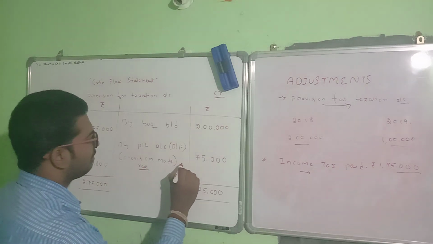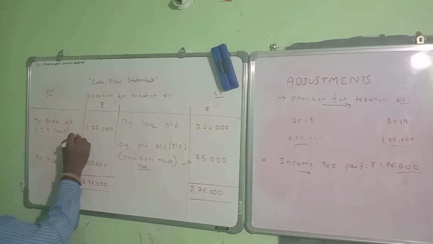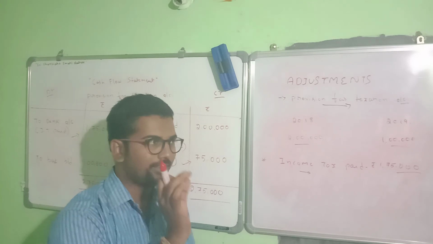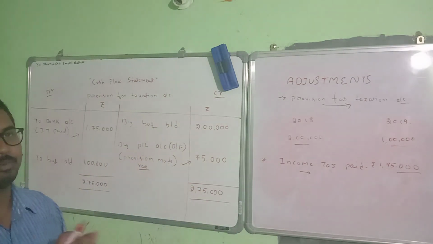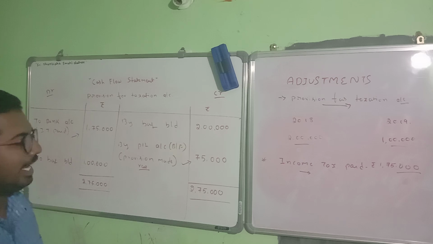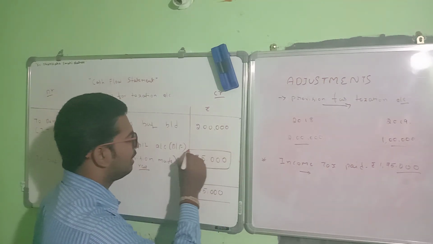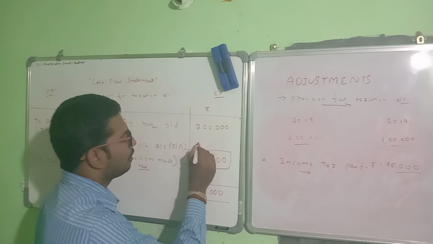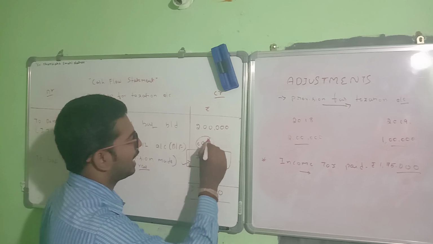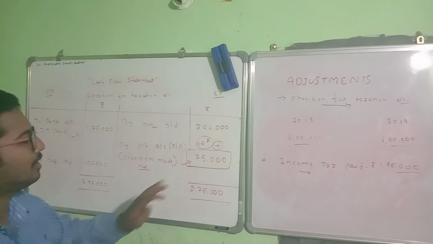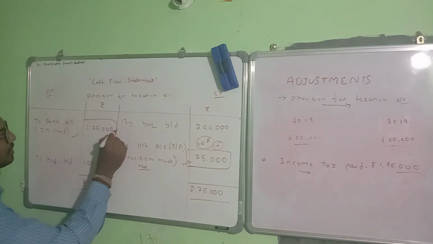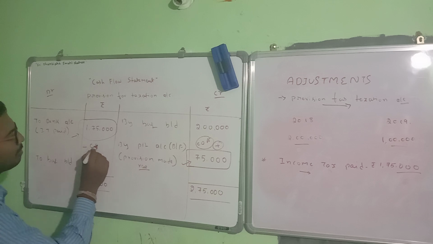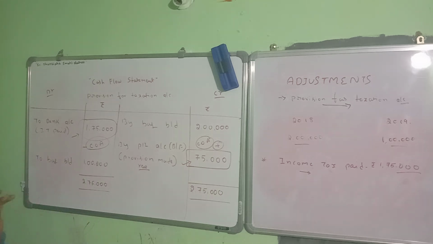So overall there are two entries here: how you treat the provision made during the year and how you treat the income tax paid. Things are clear. If you start with the net profit, the difference between closing and opening balances, you have to take everything into account. Any provision made should be added back to cash from operating activities. Any income tax paid should be deducted from cash from operating activities after adjusting the current assets and current liabilities.